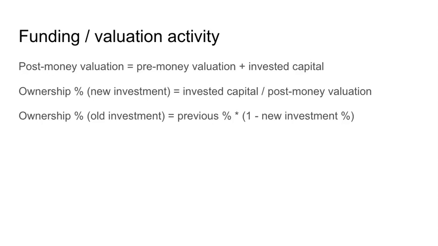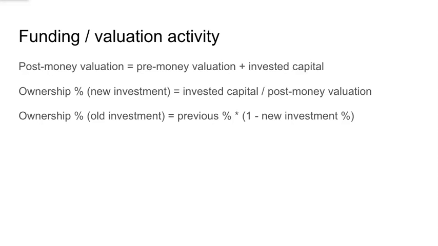One way to think about this is to do a short example. Imagine for a moment that you have made an investment in a startup company and you gave $10 to the company and you now own 50% of the company. So obviously this company must be worth about $20 since you own half of it and you paid $10 for it. So let's imagine that nothing else changes here and the company is still worth about $20, but it needs $10 more. So it goes out and it finds another investor. And that investor puts $10 in, and they get 50% of the company at this point as well.